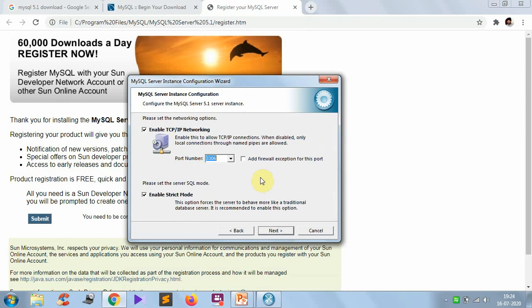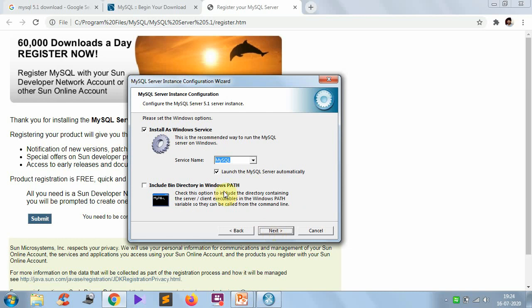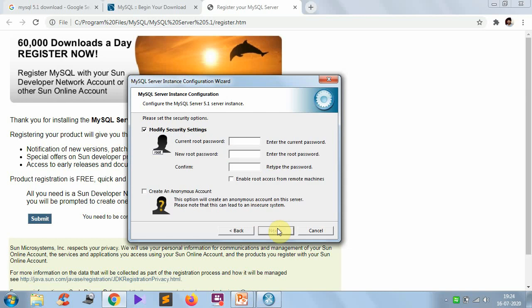Next. Here by default the port number will be 3306. If you want, you can change it. Click on next and next, you don't need to do anything. Include the bin directory in the Windows path: just put a tick mark here and click on next.